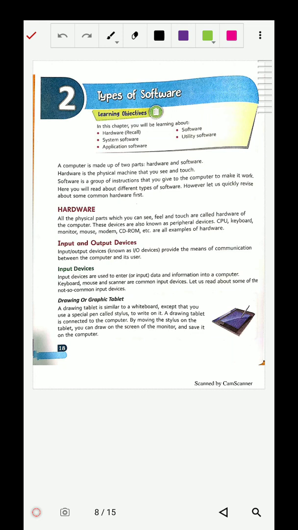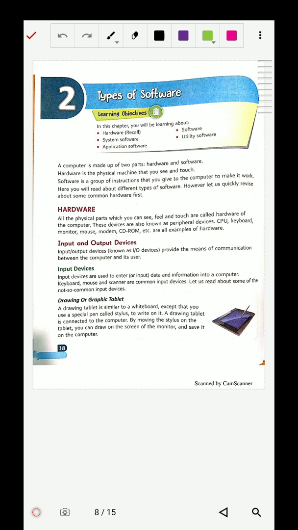So it is a set of instructions. There are some protocols of the instructions. So that is our software. Examples: operating systems like Windows 7, Windows 8, Linux. So these are examples of software. There are also Notepad, Paint. These are also software. Again, we will study that software is divided into three different parts. The categories of software we will study later.